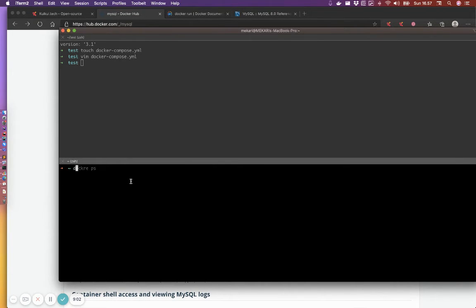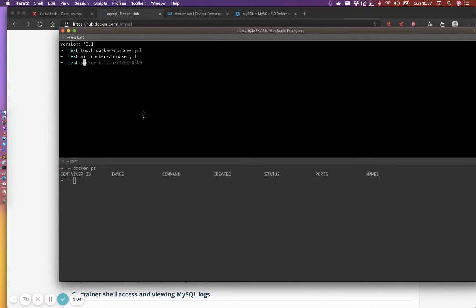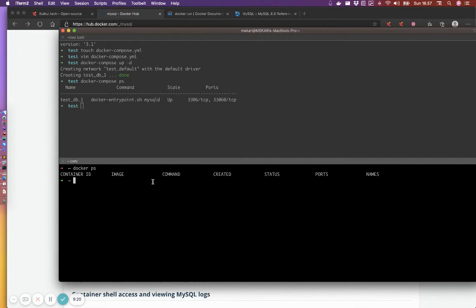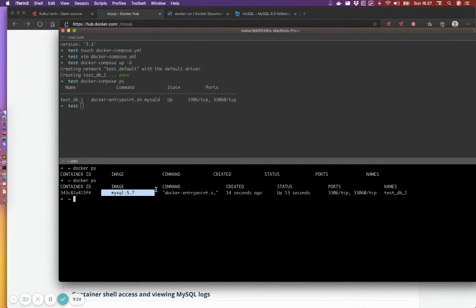Now there is nothing running, but I can do docker compose up -d, which runs Docker in detached mode, meaning it is not attached to our screen. Now if I do docker compose ps, there is one app. And if I do docker ps, there is also one container running, right?